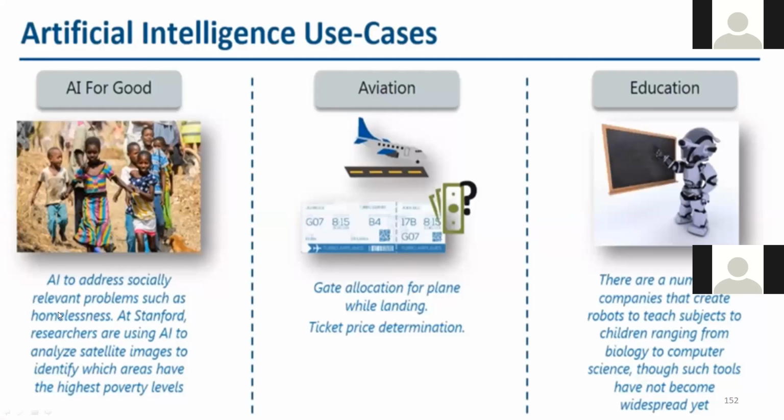Here they're using satellite images. Based on the satellite images in Africa, they're predicting homelessness and other problems. Okay, so they're using AI in aviation. There was news in a Bangalore newspaper. They were talking about manual-free, humanless ticket verification at the airport. Bangalore airport, they're planning. So everything is based on the barcode and other data in the tickets.